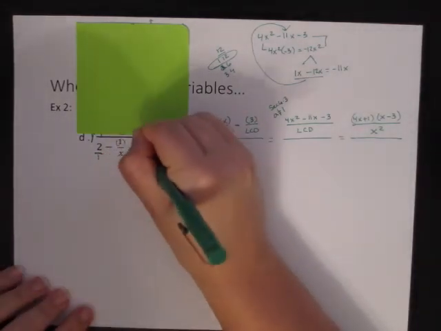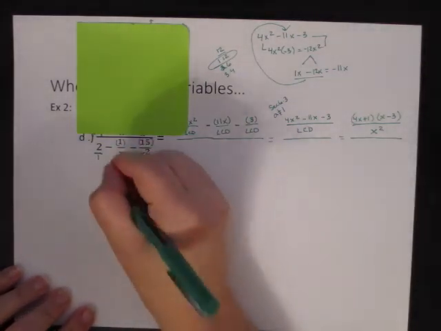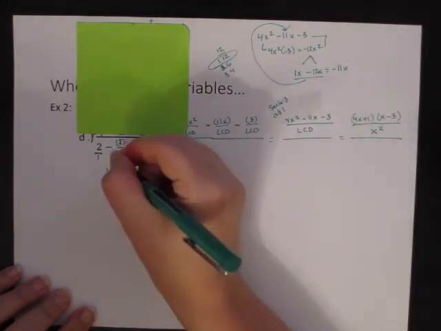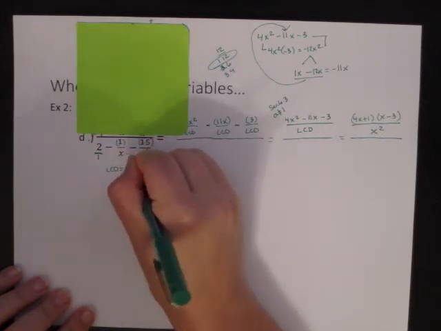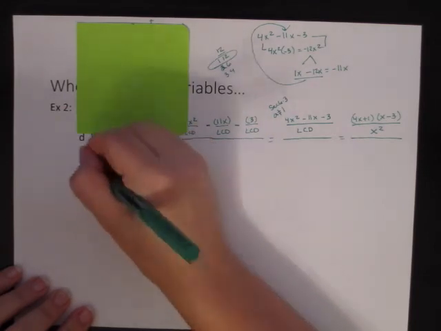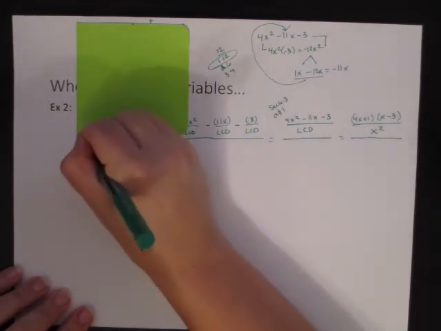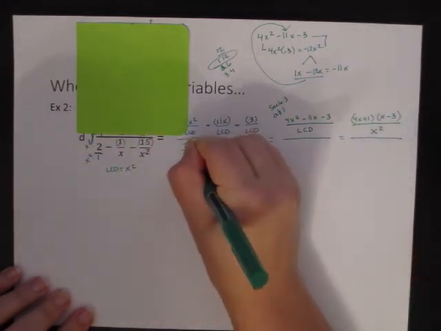I'm going to put parentheses around whatever my numerator after subtraction is. I notice that my denominators are not the same, so I've got to find my LCD. And my LCD of 1, x, and x squared is going to be x squared. So 1 times x squared. What I multiply the bottom by, I have to multiply the top by. So I'm going to be left with 2x squared over LCD